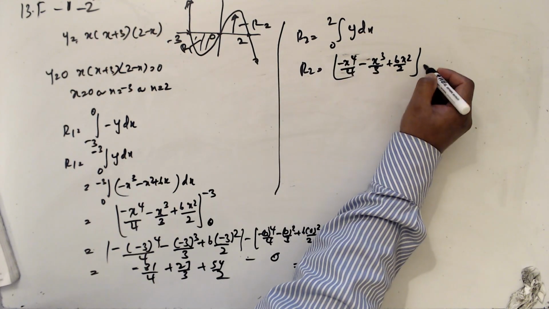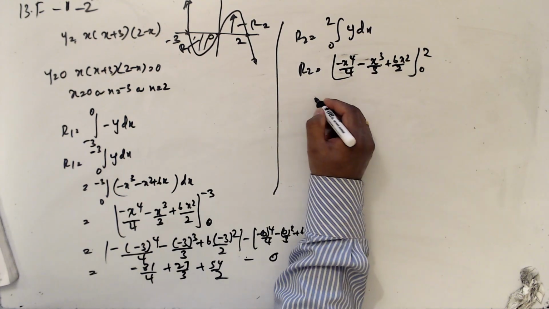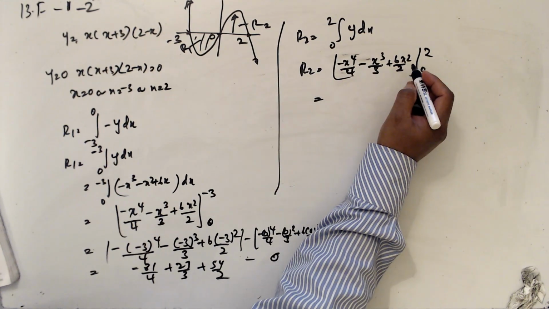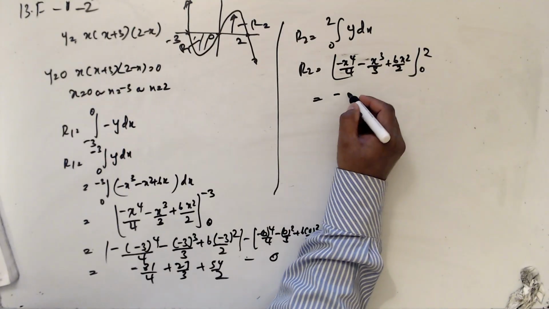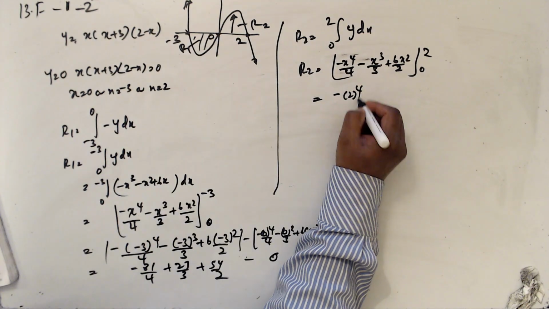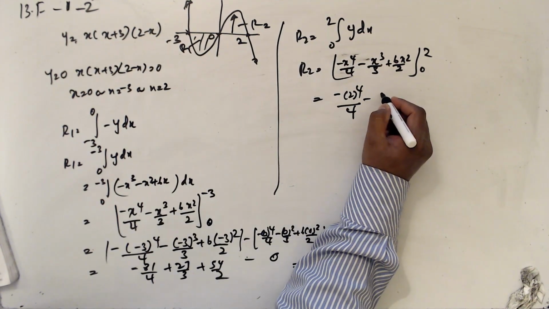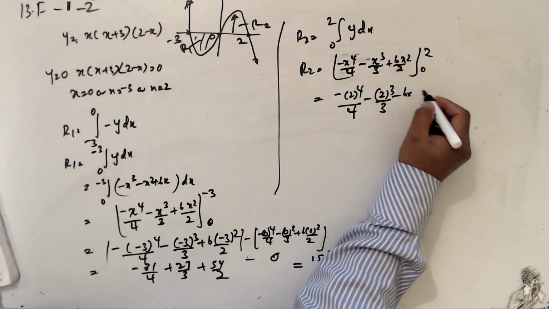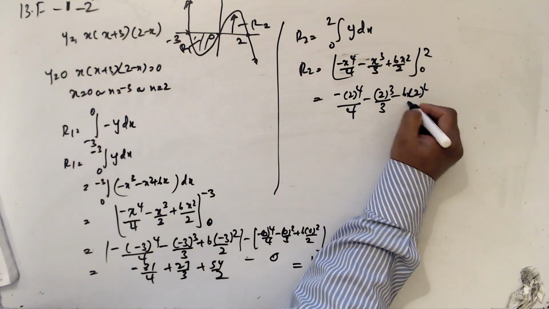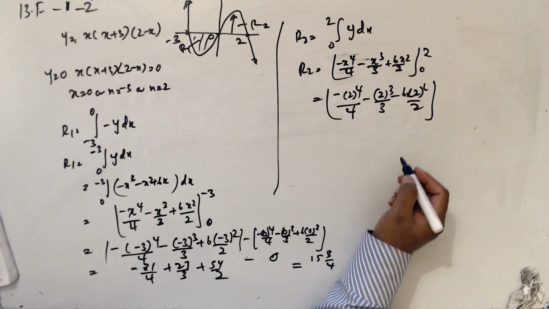This is going to be from 0 to 2. So minus 2 to the power 4 over 4, 2 to the power 3 over 3, and 6 times 2 squared over 2,